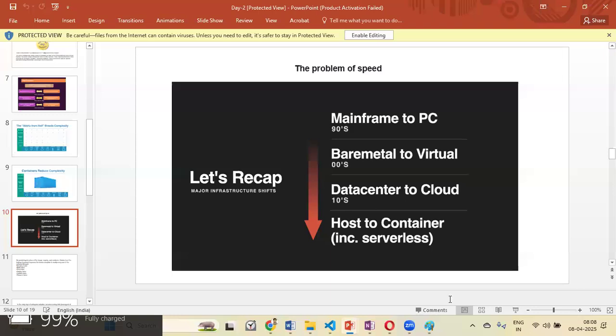A container is very lightweight, it can be deployed within seconds, and it will start up within a few milliseconds. So that is how the velocity of deployment has been revolutionized by Docker.